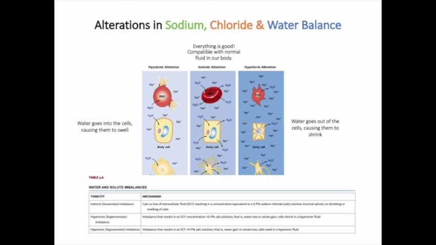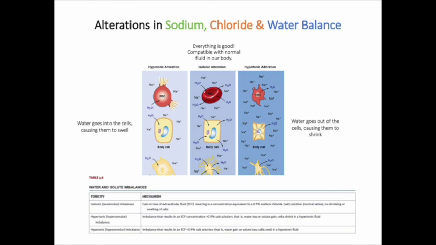We have to look at the alterations in sodium and water very closely. They're very closely related. If there's a water imbalance, this can be from changes in the osmotic gradients, and it can be caused by either too much salt or too little. So we're gaining or we're losing salt. Sodium imbalances can also occur when we lose too much water volume. Alterations are generally going to be classified as